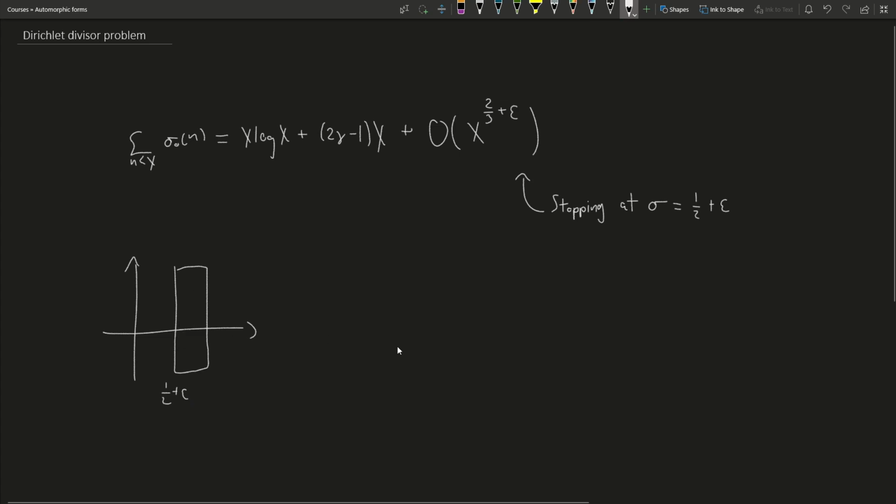You can actually do a little bit better, and the idea for doing a bit better is to essentially leverage bounds on the growth of the function that we were integrating. So we were integrating the function that was the square of the Riemann zeta function times x to the s ds over s, and at 1